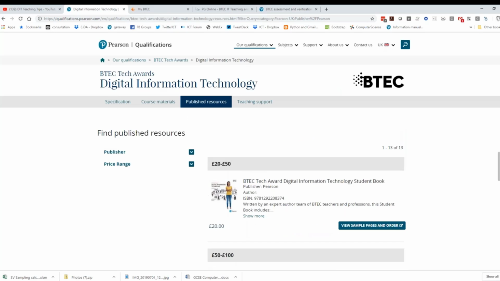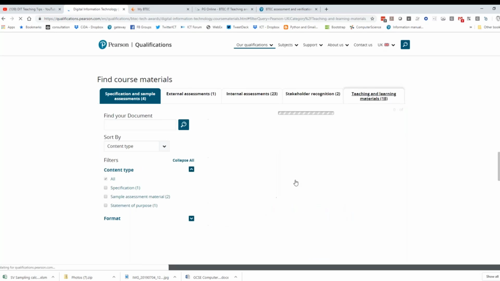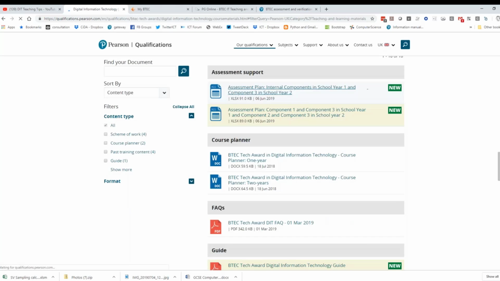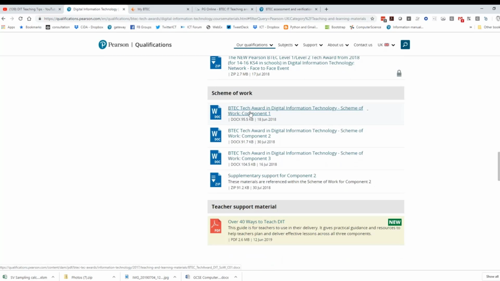In general, I guess what I would say is that in BTEC, what we provide for free is schemes of work, but within that scheme of work, there won't be lesson plans, activities, and activity solutions. They come in the paid for publications. So this is a skeleton. This is a framework around which you can plan delivery, but it doesn't have the down to the lesson by